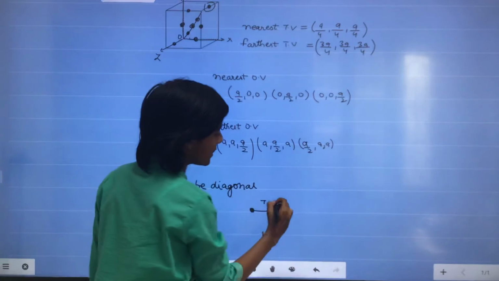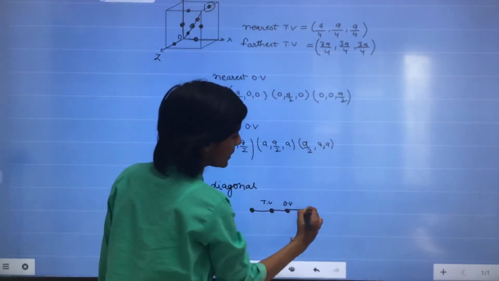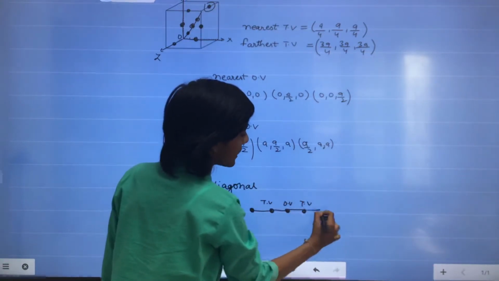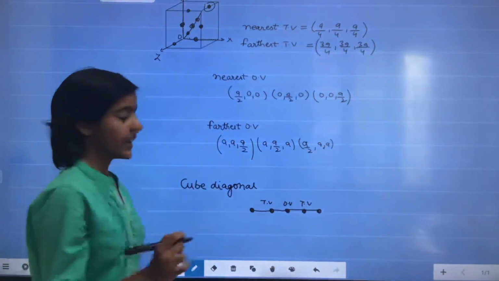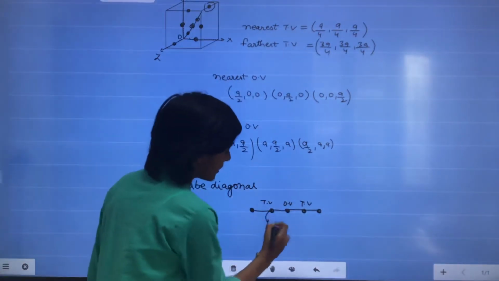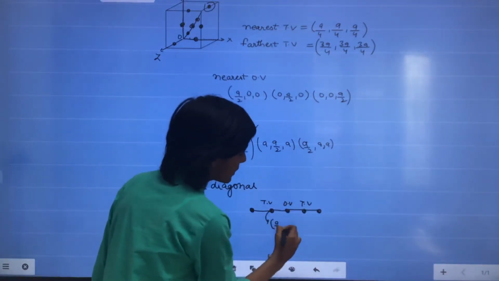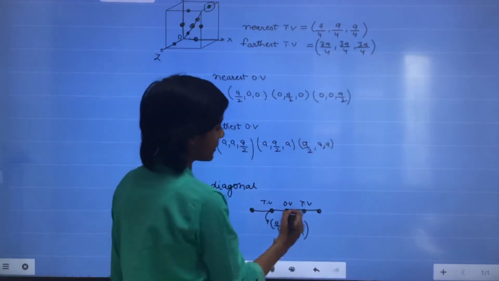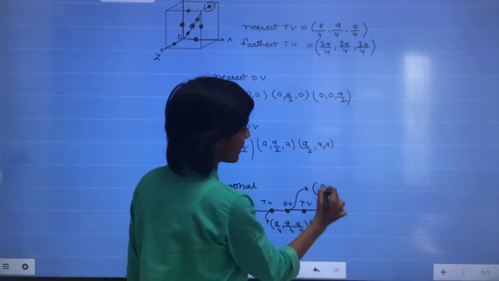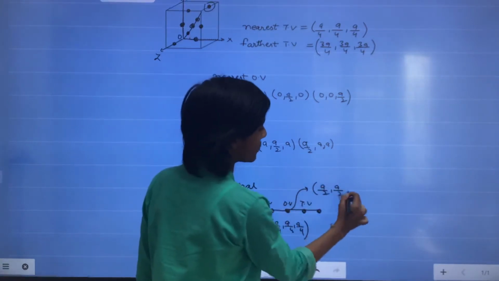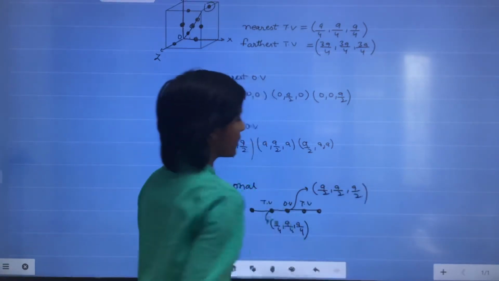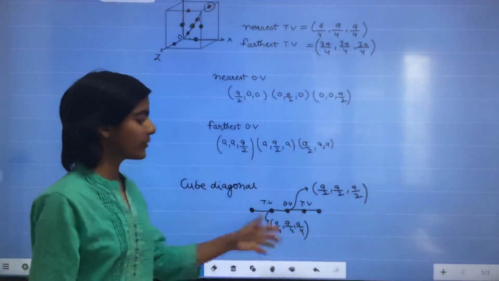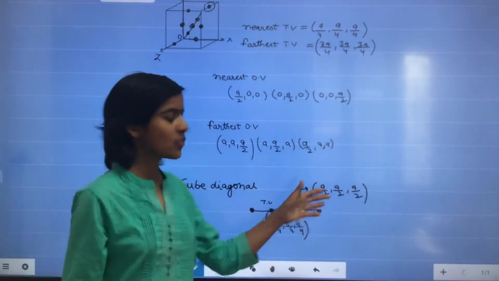So this is TV, OV, again TV, and atom. The coordinate of this TV is a/4, a/4, a/4, and the coordinate of this is a/2, a/2, a/2. Suppose I say this is x1, y1, z1, and this is x2, y2, z2,